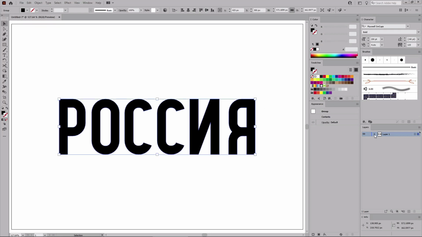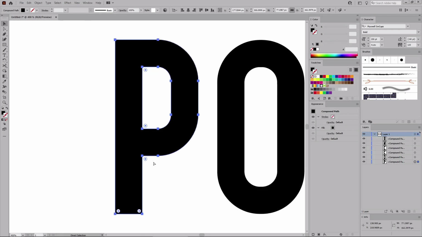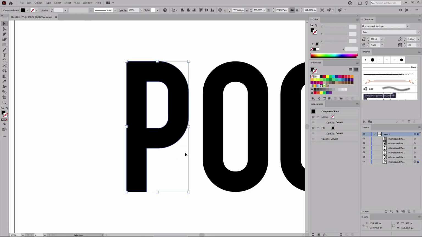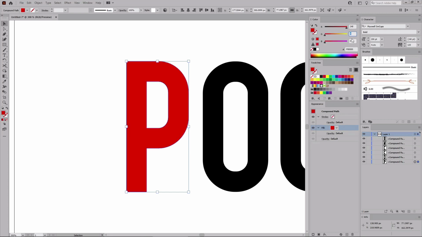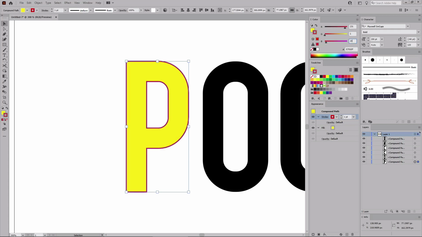Press Shift Ctrl and G to ungroup your group of letter shapes. Select just this letter and press Ctrl plus a few times to zoom in on it. To stylize this shape, let's move to the Appearance panel. Start by selecting the fill and change the color to 248, 222 and 15. Select the stroke and change the color to 231, 1 and 25.